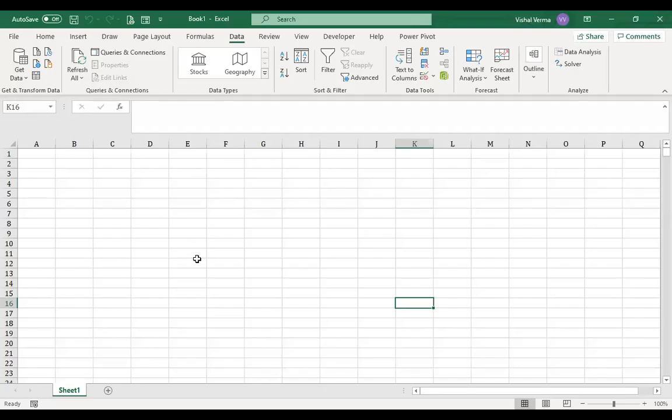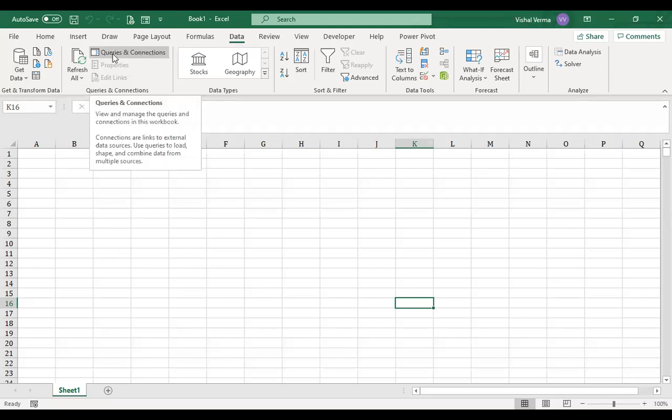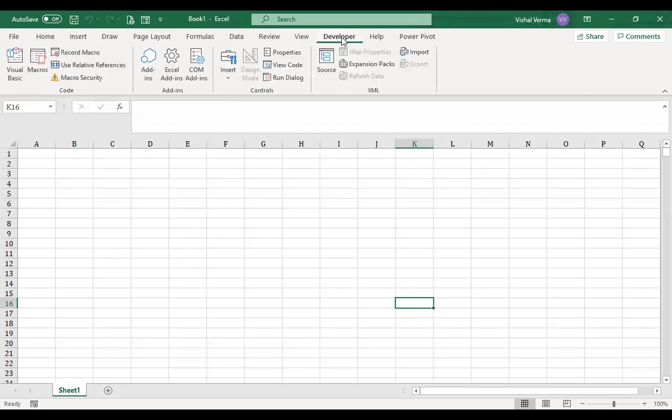So we have got n numbers of functions, and we can have the queries and connections in case you want to connect with multiple data. Okay. And then you can always go for using different VBA applications, form control or ActiveX control, and VBA for designing your purpose. But for statistical analysis,